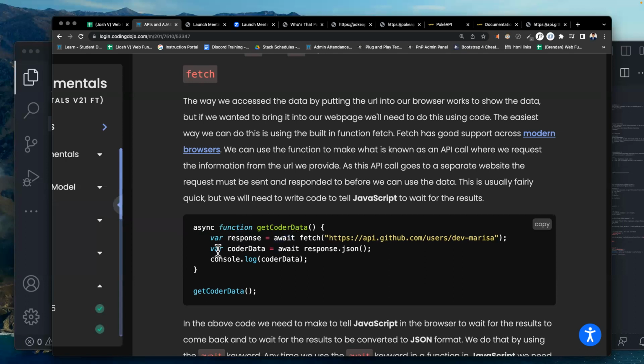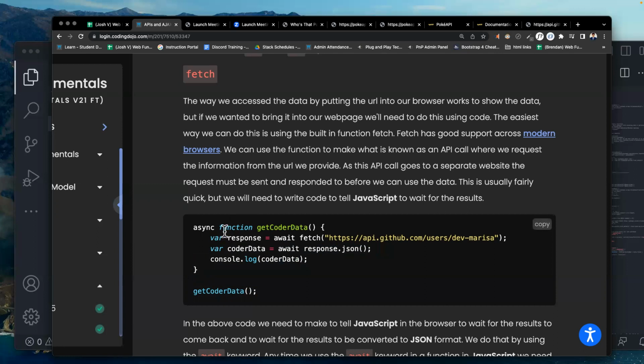If you see an await, should I always expect to have an async? Yes. Can't have one without the other. You wouldn't see one without the other. This is not the only way to make an API fetch call, but it's the first way we will learn. There's always more than one way to do something, but this is the first way we'll teach you, using async await for an API call.